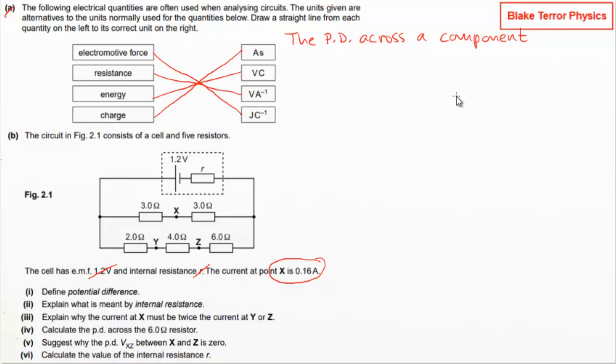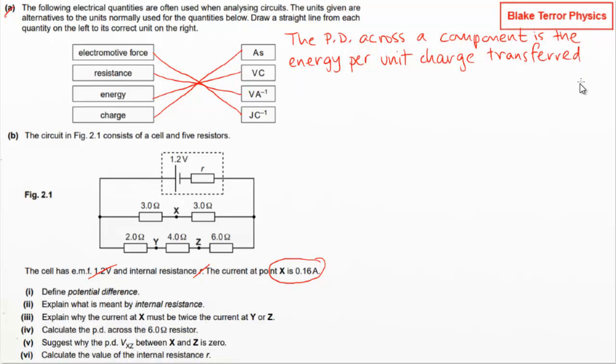Although, we probably did say it in the definition. The EMF of a battery or a cell, you could put that in there, but you don't really need to, as much as we do here with the potential difference. So it sets it up nicely because we can then use some of these words later on in the definition. So contextualizing is very good for these definition questions. So the PD across a component, then we can go into more or less the same as we had for EMF. It is the energy per unit charge, because remember we're dealing with voltage, so that's our joules per coulomb. Energy per unit charge transferred,